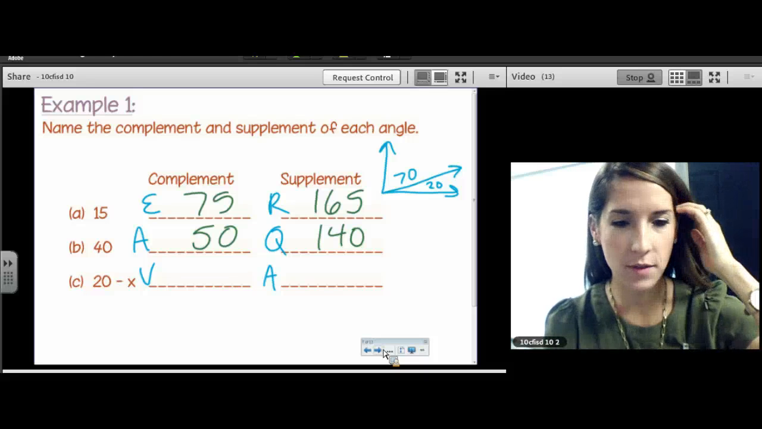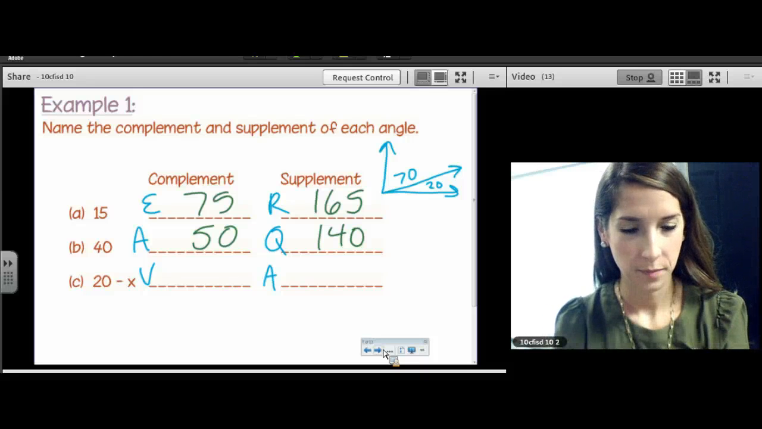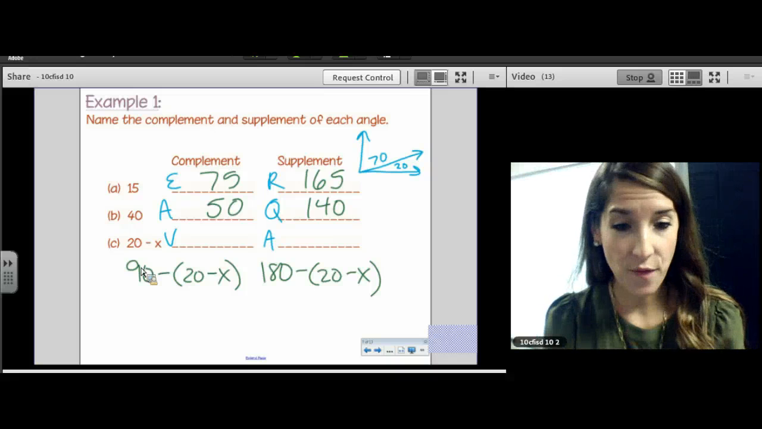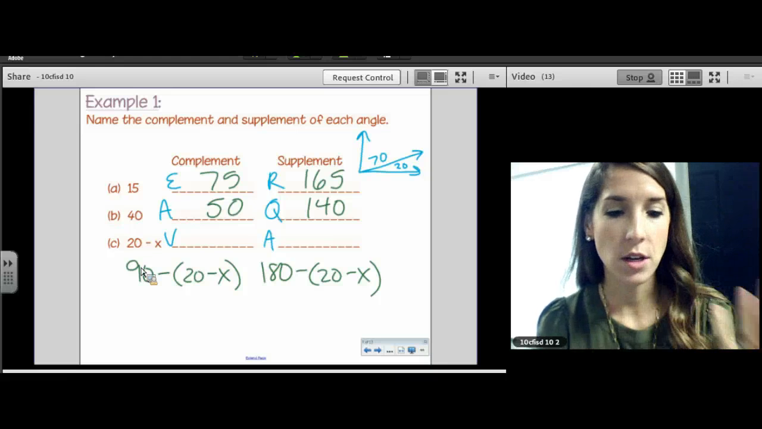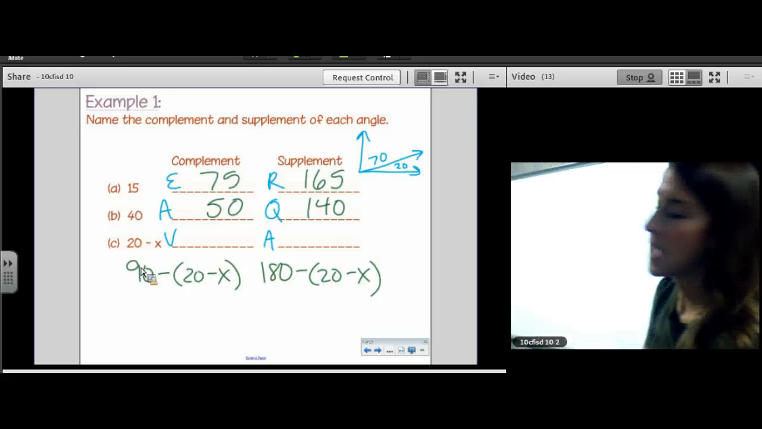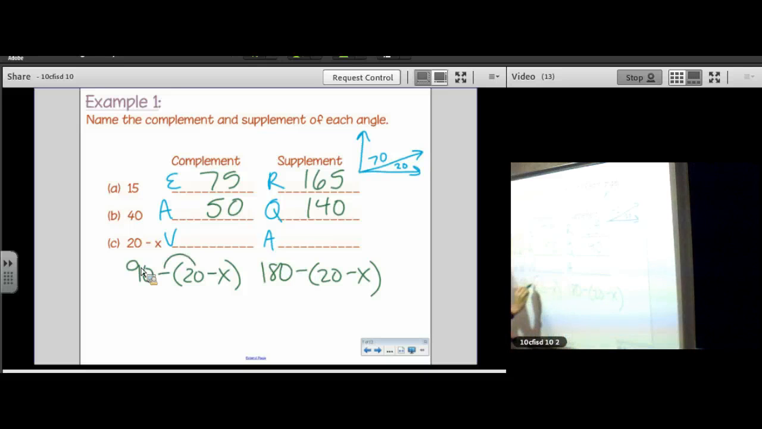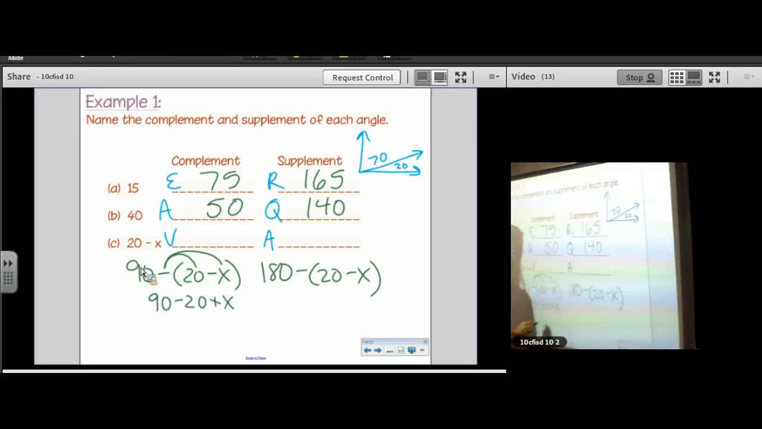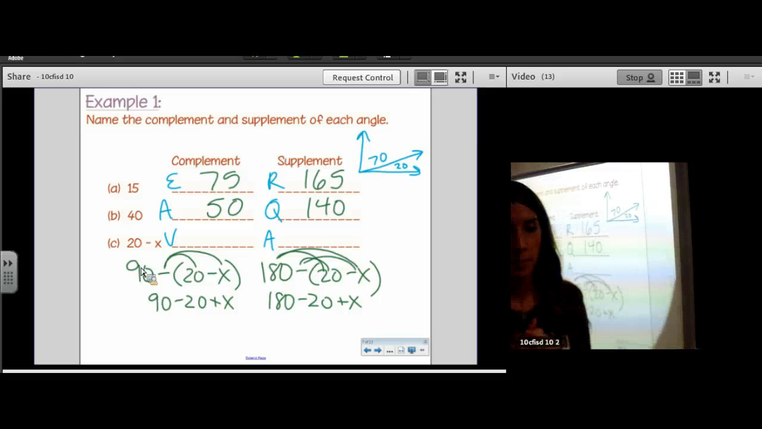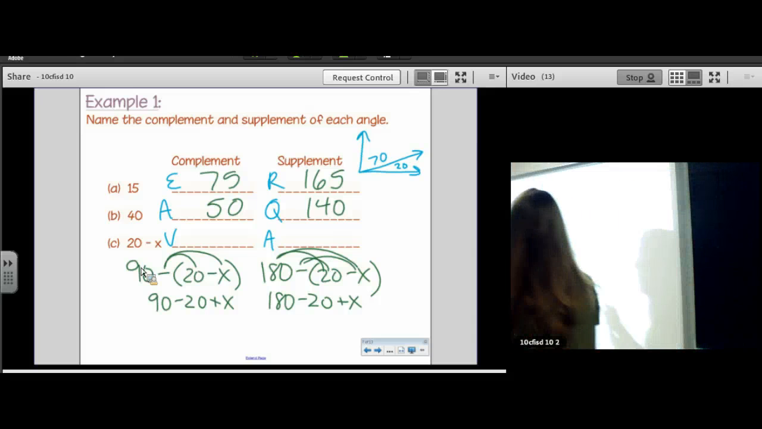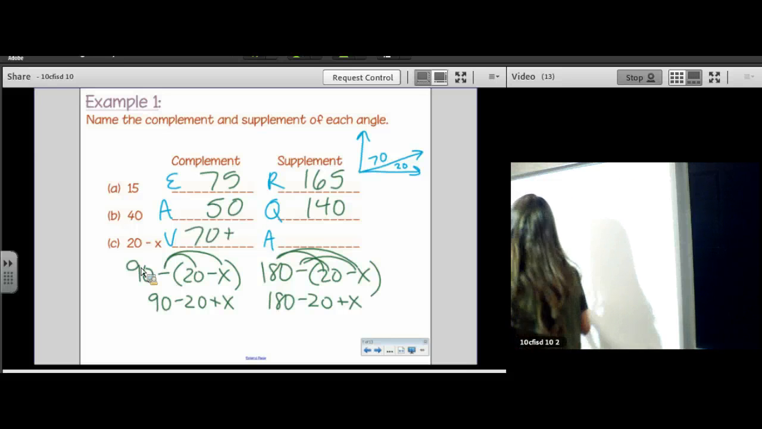What's the complement of 20 minus x? So the way that you find a complement and a supplement is you take that angle, you subtract it from 90. You take the angle and you subtract it from 180. You just need to be careful that you distribute your negative. So that's like 90 minus 20 plus x. And this is, oh, not the 180, sorry, the negative. This is 180 minus 20 plus x. So we would get good. We would get 70 plus x and